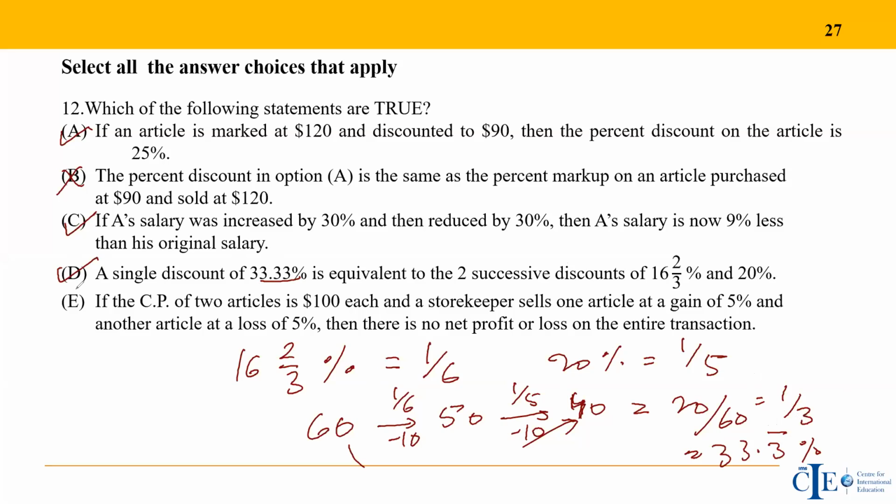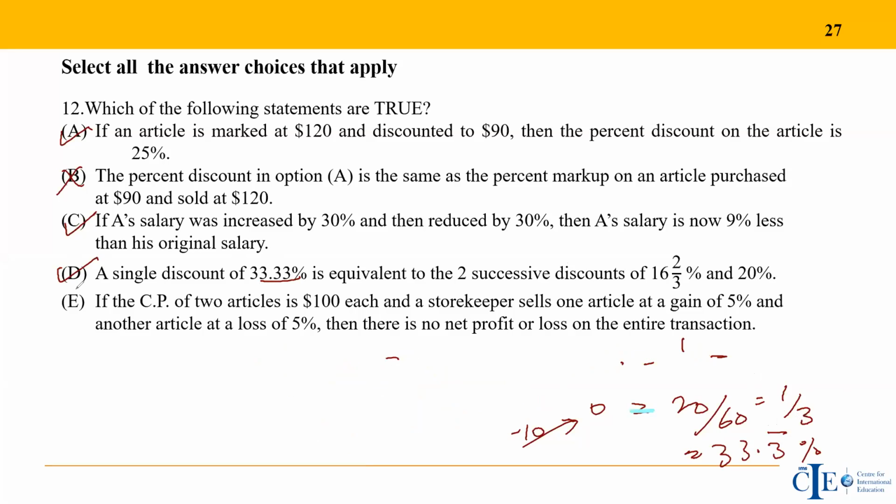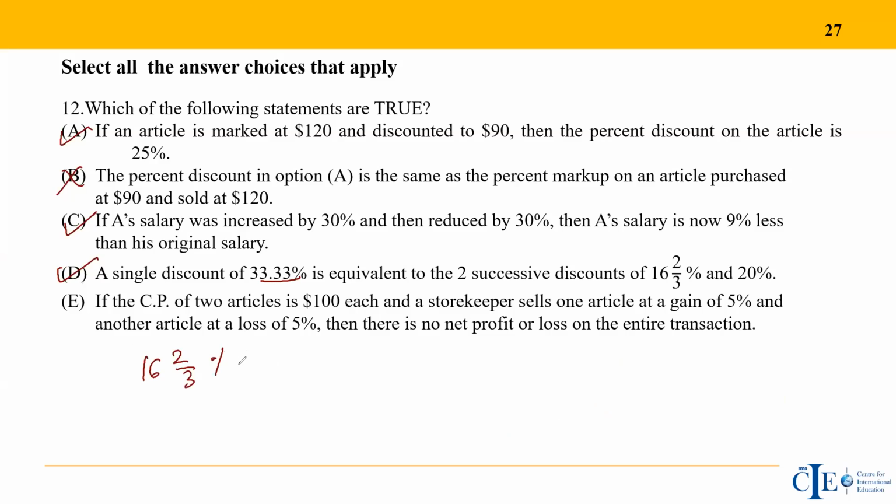Okay, let's go through this again. What we did was use the values as fractions instead of using the percent. I'll try to solve it in both ways. The first 16 2 by 3 will reduce to how much? 50 by 3, right? So let's take the normal successive percentage formula. 16 2 by 3%, I'll say this is 50 by 3%.